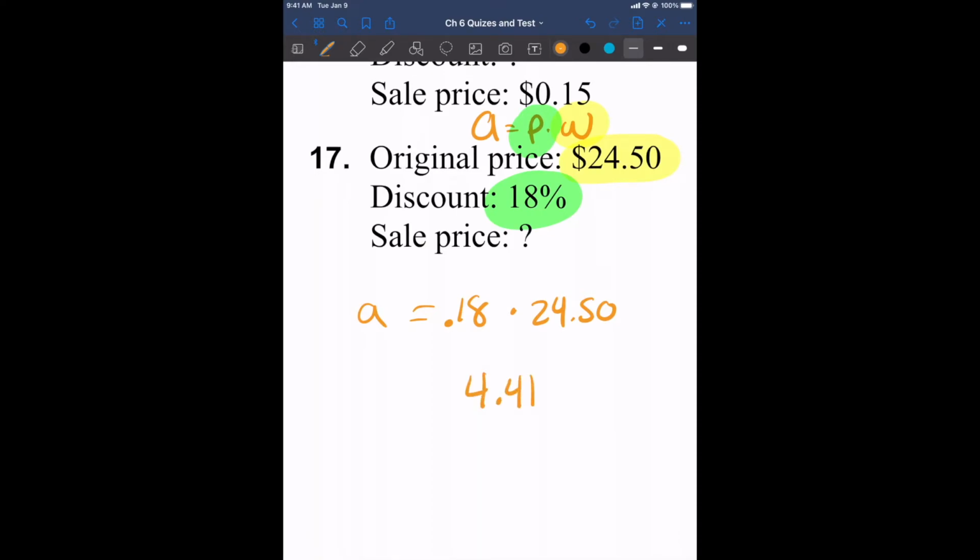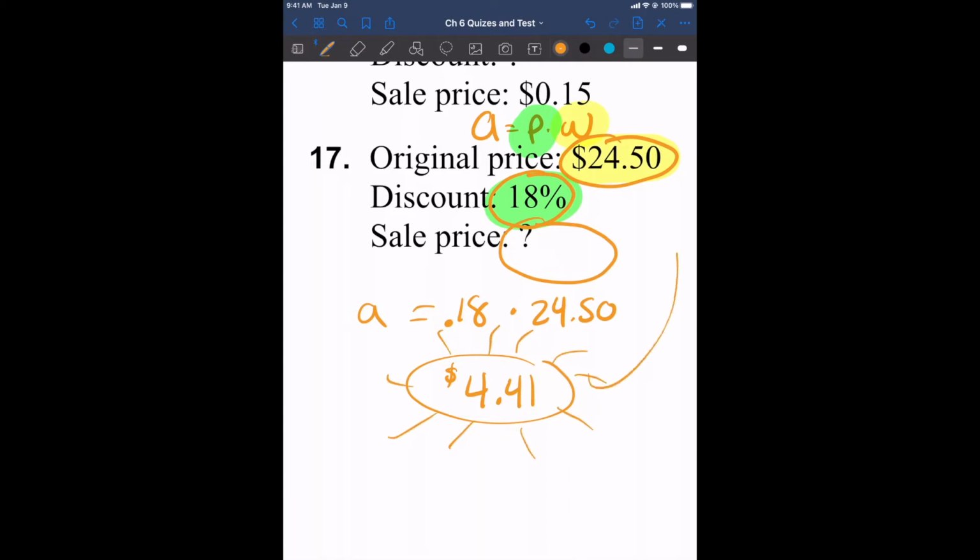4.41. Okay? Now be super, super careful. The answer is not $4.41. The original price is this. The discount is this. What is the final price? This is the discount, you guys. I'm taking $4.41 off of that. So take $24.50 minus $4.41, and you get